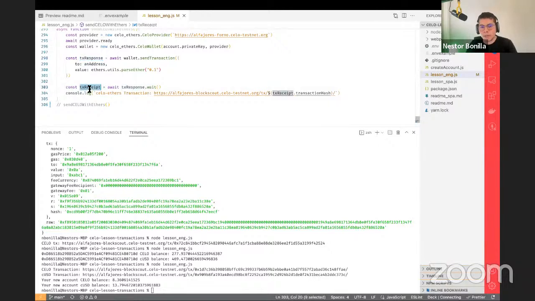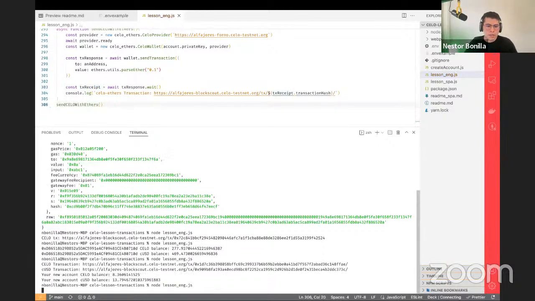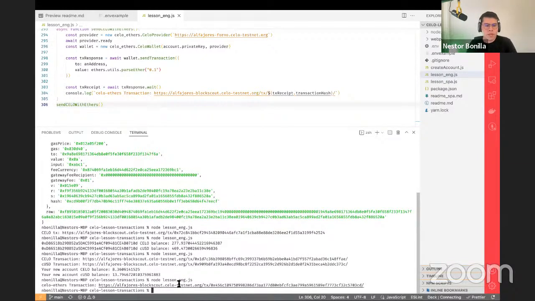And again, we're going to get the receipt, and the receipt, as I mentioned before, is always going to have a transaction hash, which is the proof of the transaction. And we can use that in order to verify what we did in our transaction. All right, we ready?